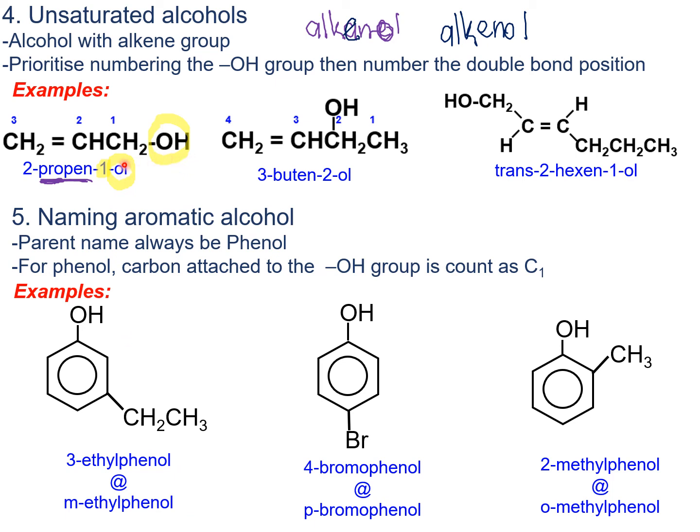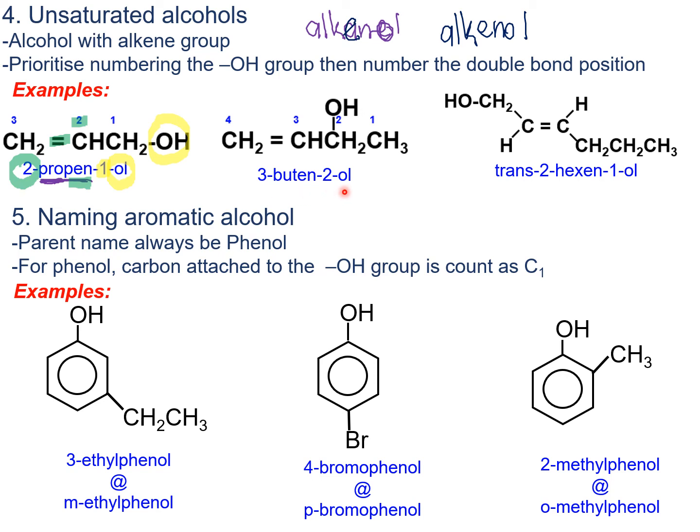Okay. And then carbon number 2 kan kamu baru jumpa the double bond. So number 2 ni pula nak bagi tahu yang kamu jumpa double bond. So number 2 ni untuk double bond, number 1 ni untuk bagi tahu kedudukan OH. Next, you have 4 carbon as the longest carbon chain. Therefore, the parent name akan jadi